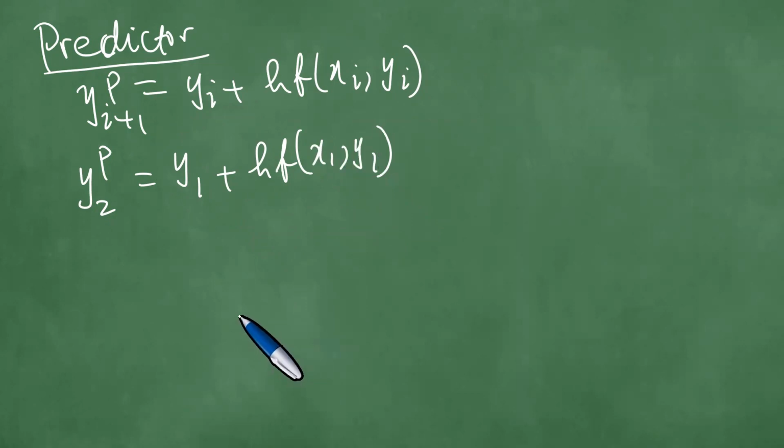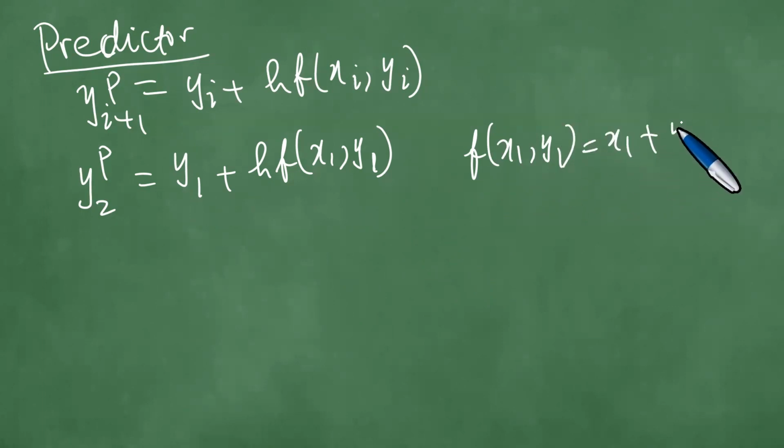With this said, what more do we need here? We need the rest of the inputs. What are the inputs? We need the y1. Where is y1 coming from? And what is x1? We know how to get x1, x2, x3. But the y1 is always going to come from the previous corrector step. So at this point with x1, y1, according to this formula, according to this question, it is the sum of,